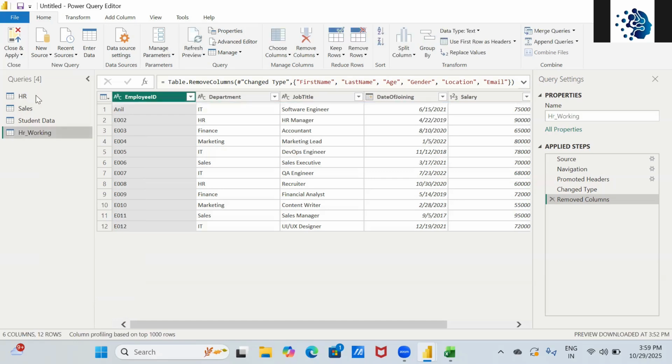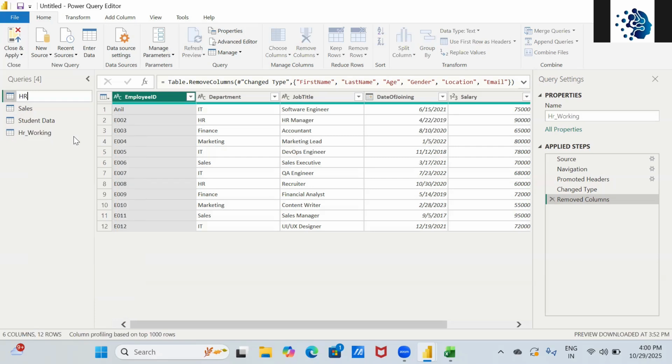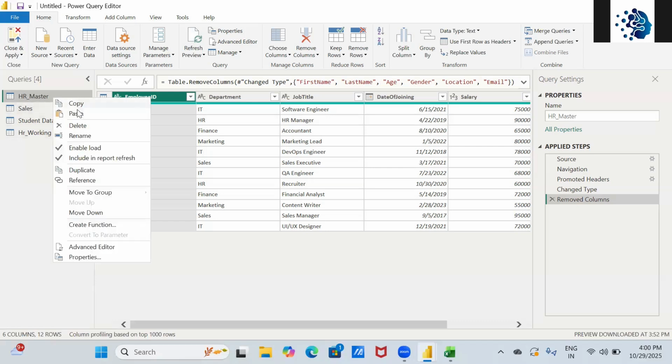So this is my HR master data. Without causing any disturbance to the original data, you can copy and paste the query and work on it. And one more thing: if you right click, you can copy, paste, delete the query, and rename